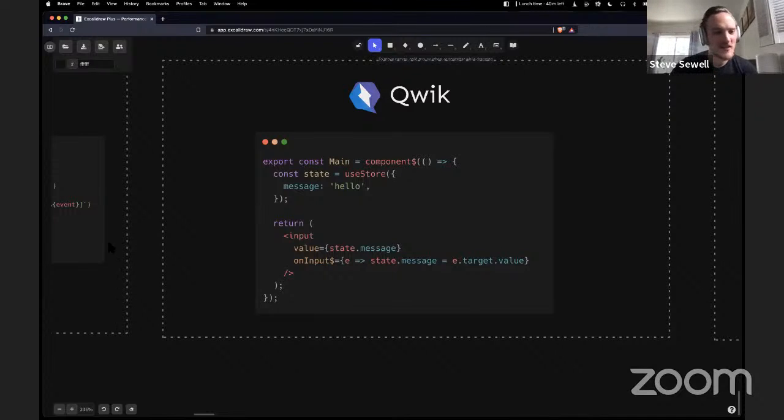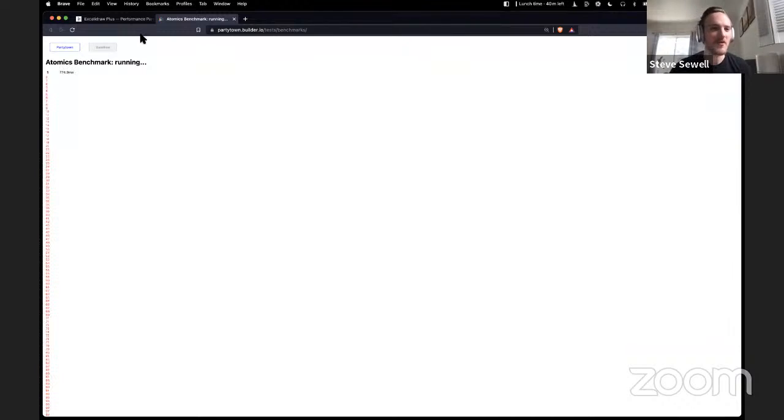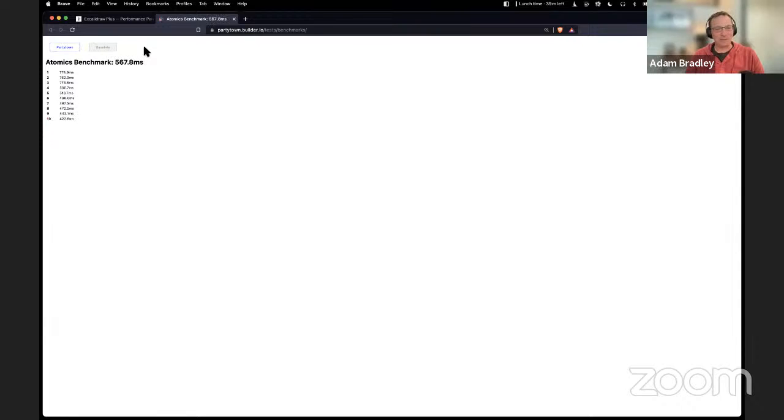Next one. This one I think is funny. How do we make sense of the benchmark page on Partytown's docs site? So maybe we could add a little bit more description on the page itself, but Adam, what is this page? This was kind of more of a testing benchmark for myself. I think the numbers are somewhat meaningless and different for every single computer.